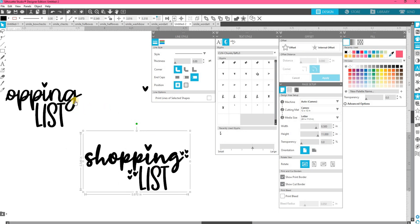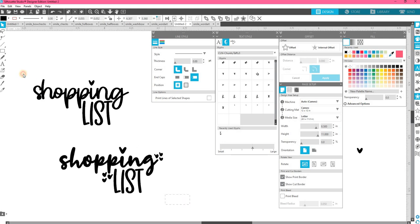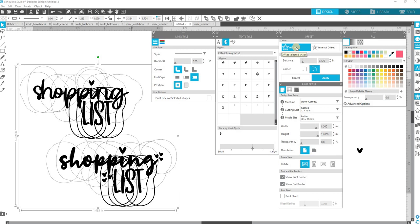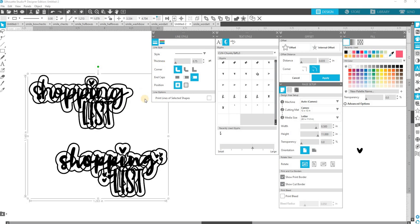So then the next thing that we need to do is make cut lines for these guys. And we do it basically in the same way. We go here to offset. It's going to put that in black, and I'll explain that in a minute. So we need to go ahead and start with 35 because that's what we've been using for the other ones. I do like to keep them consistent. Before I hit apply, I want to go back here to line style, and I'm going to change the thickness to 0 because, well, maybe